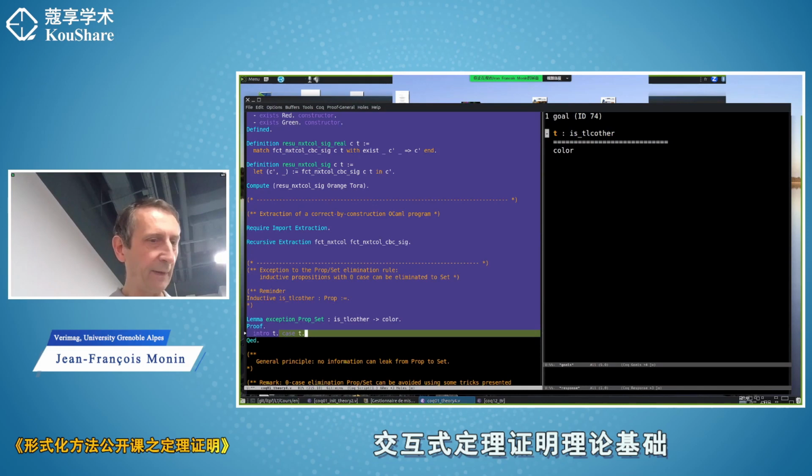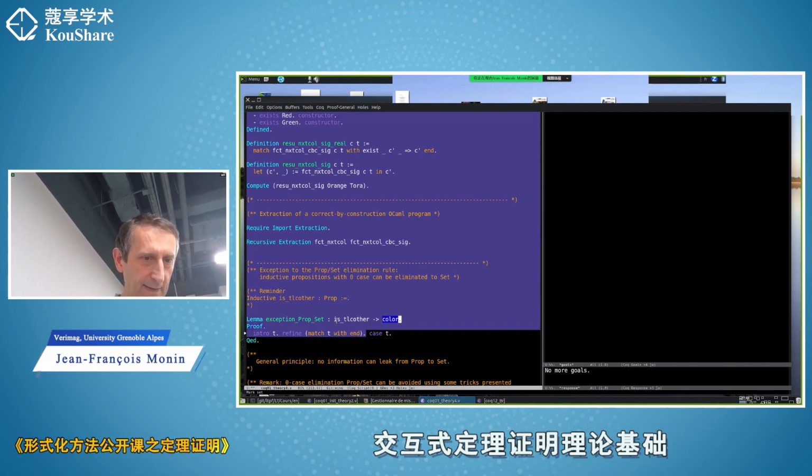Case T, or refine match T with empty. Or exact, actually. Match T with end. I think it's clear. Finished. But you could complain because color is a set, but STLC color is a prop. So actually, I eliminated a prop to get a set. That should be forbidden. But actually, there is an exception